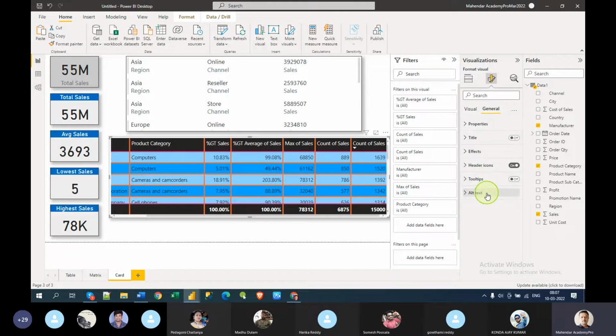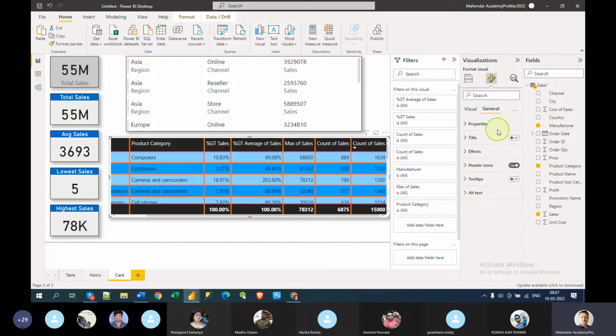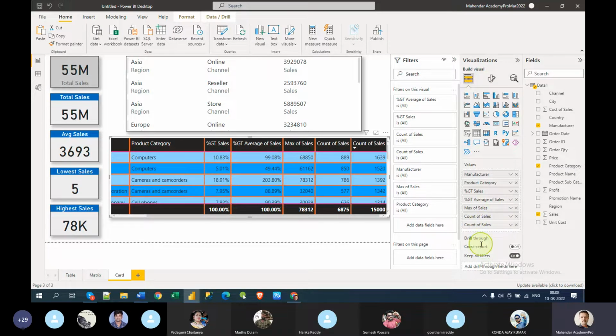The general formatting is available for all visuals, so wherever you see the general property, when you click on the format painter, only these values will be carried forward to the other visual, not the visual-specific properties. That is the reason they changed this. Previously, these three options were here actually, or here, something like that.